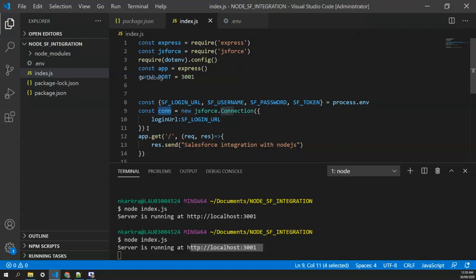So now our connection is created, and it's stored in a connection variable.